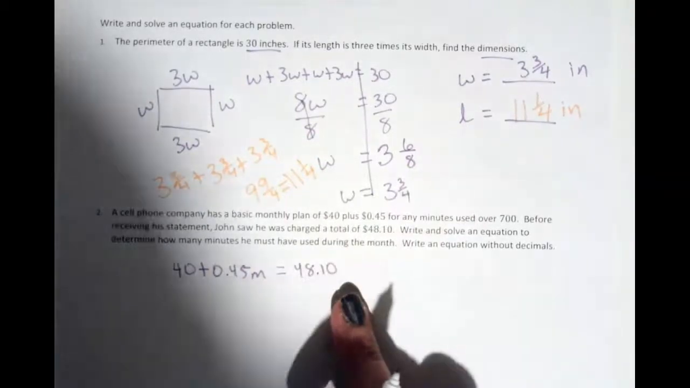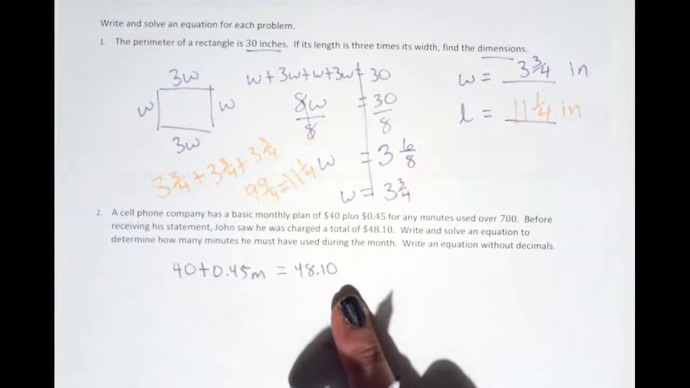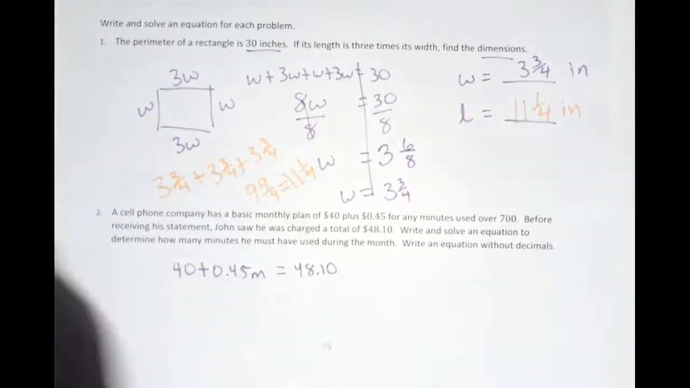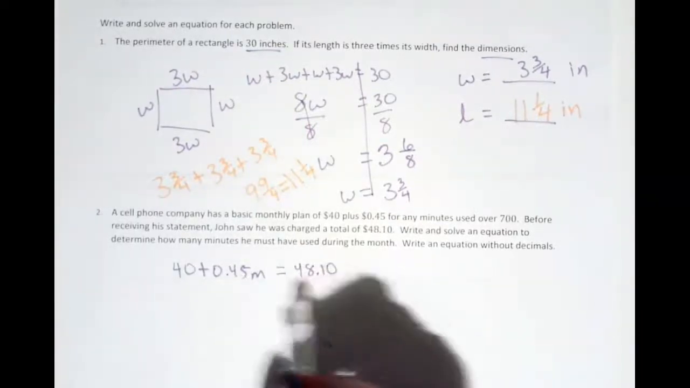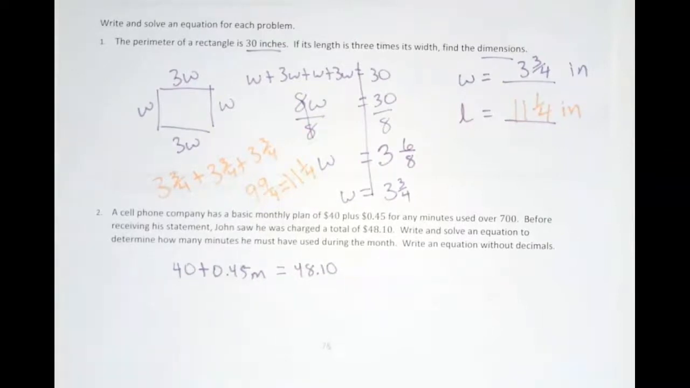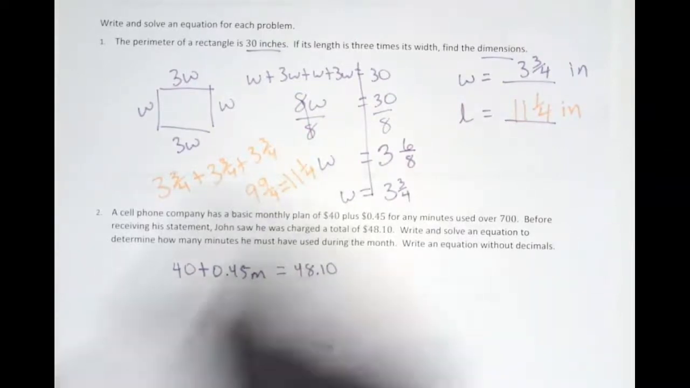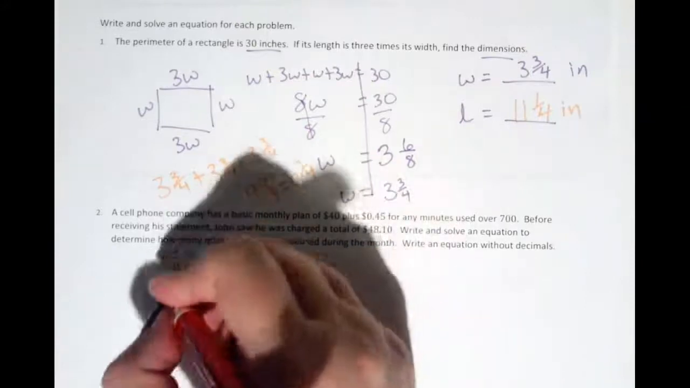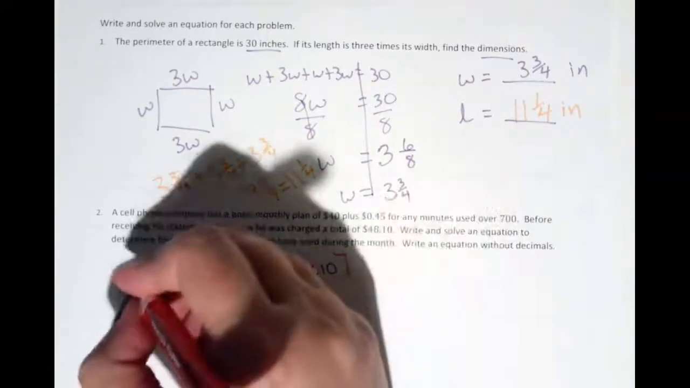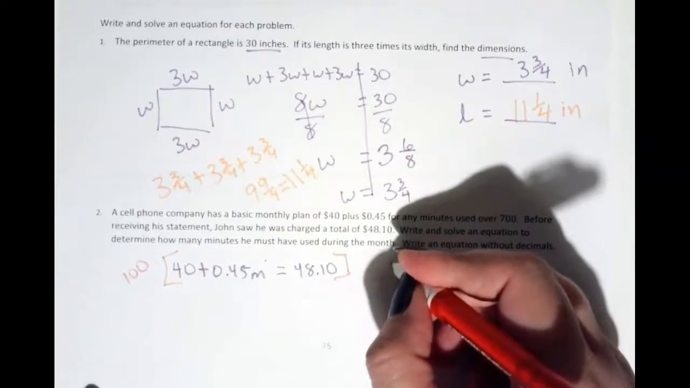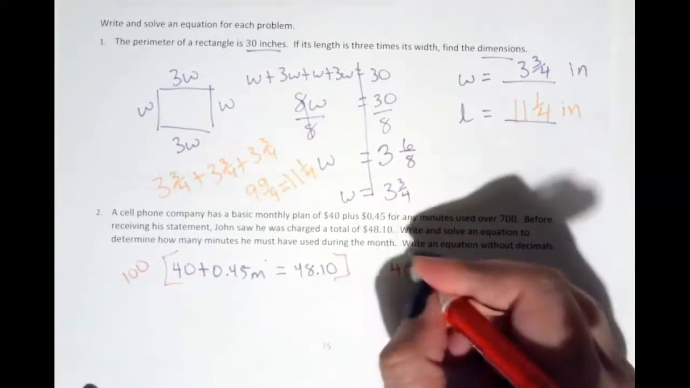So this is the equation they gave me. In order to write this without decimals, I've got 2 decimal places here and 2 decimal places here. So I'm going into the hundredths on each side. So what I could do is just multiply this whole thing by 100. And I would get